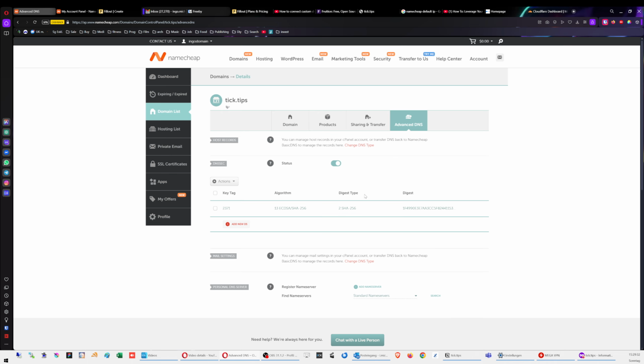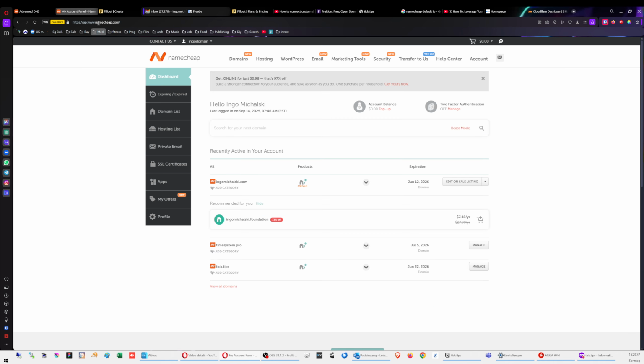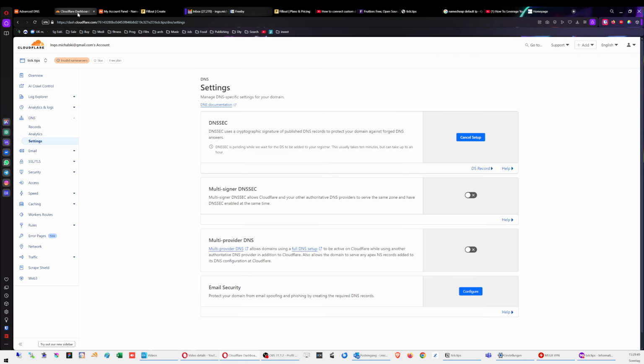That's it. Now everything is set. The name server is set, and this beautiful DNS security. It says that Namecheap is taking over the security, but basically Cloudflare is taking it over. So there we go. Then the next thing is to get a redirect to a Notion page, but to redirect to